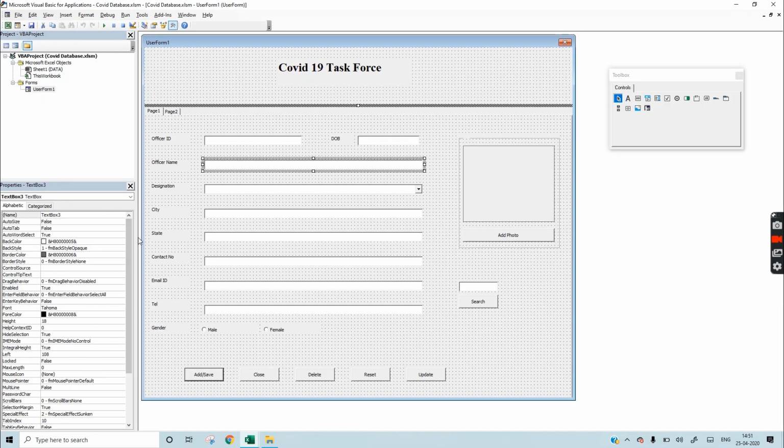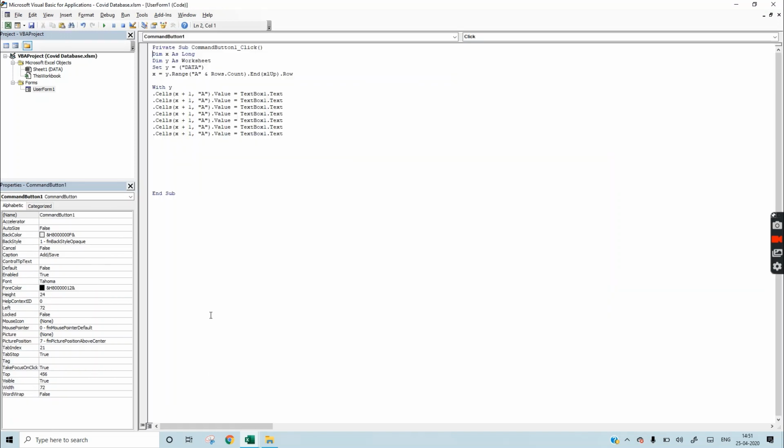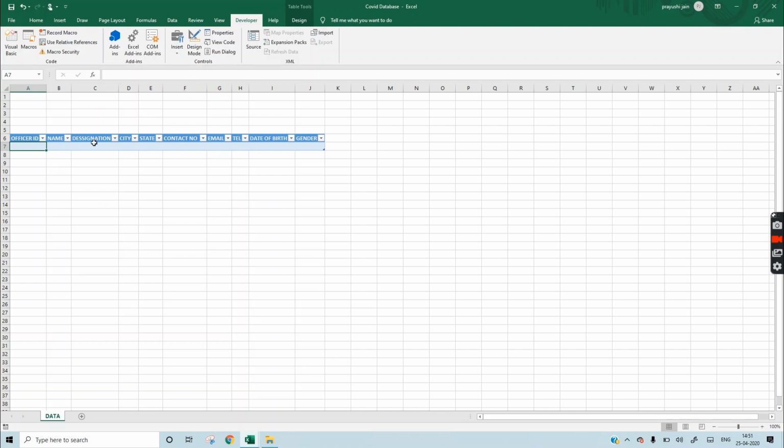Name is TextBox3. So we will change it to B and TextBox3. C, D. Column C is designation.